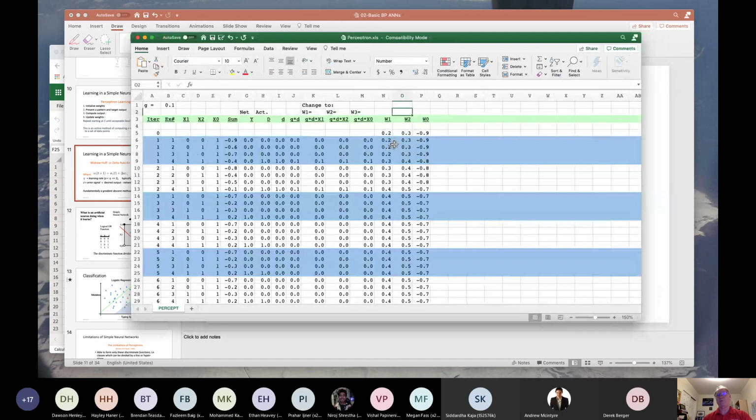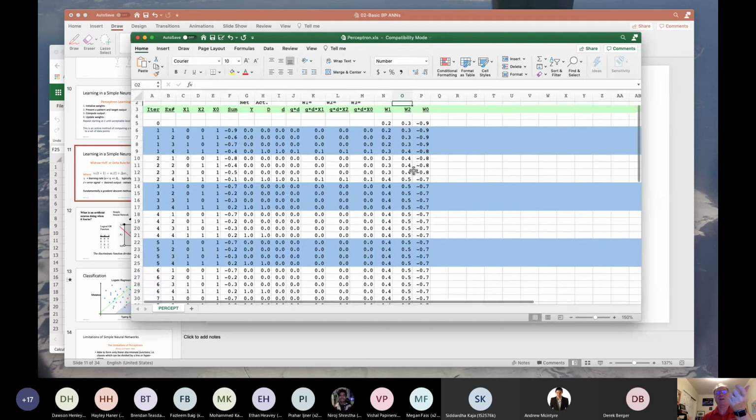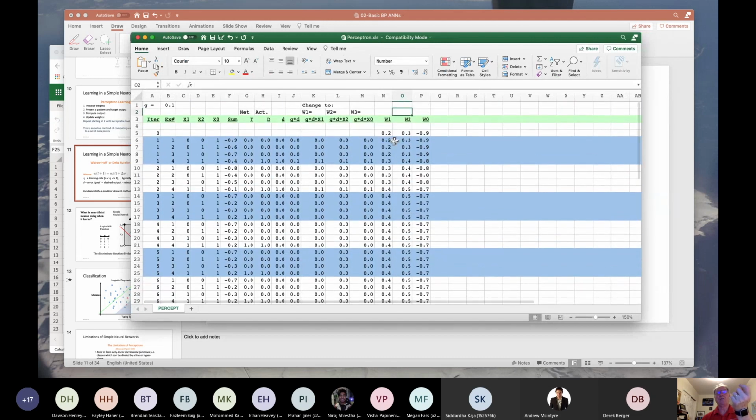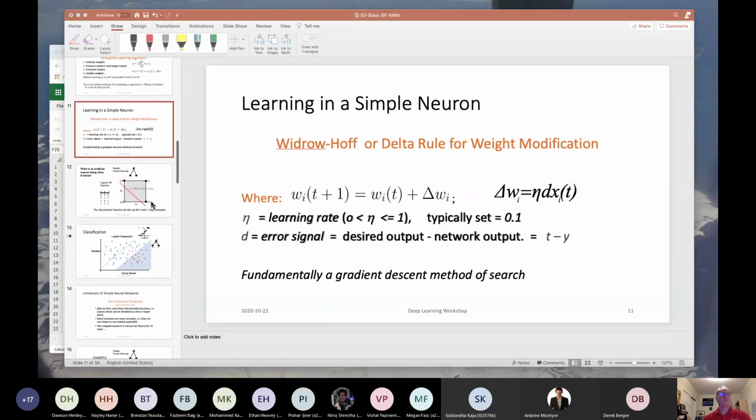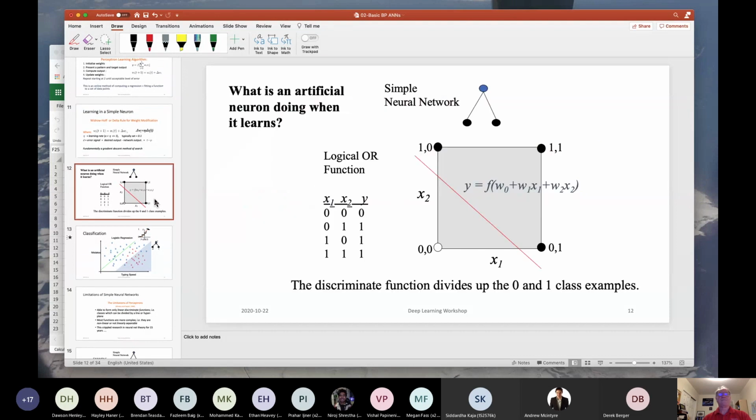You'll see how the weights can be updated appropriately to end up with values of weights that satisfy the OR or the AND function. I think this one is the AND function, but you could change it to the OR function if you like and try it. It's an active Excel spreadsheet, which you can walk through to see how those weights get updated for the simple little problem, and it works really quite well.